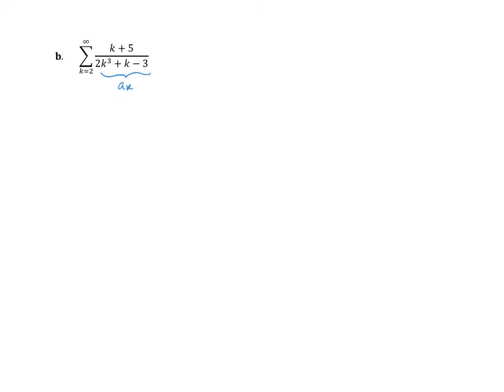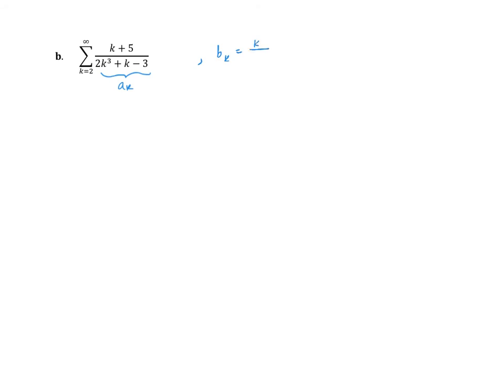In my head, I'm thinking, oh, okay, the degree in the denominator is larger than the degree in the numerator. So this is getting closer and closer to 0 since the bottom is growing faster than the top. I'm thinking it probably converges. I have to pick some similar series to compare it to. Now there's an easy way to pick your series when you're dealing with rational expressions. Just use the largest term,